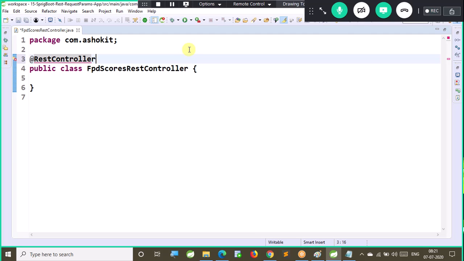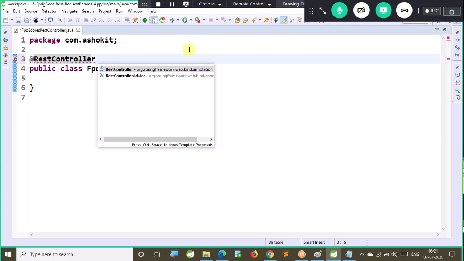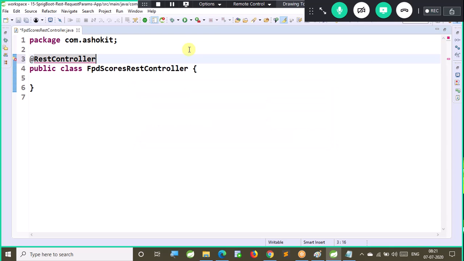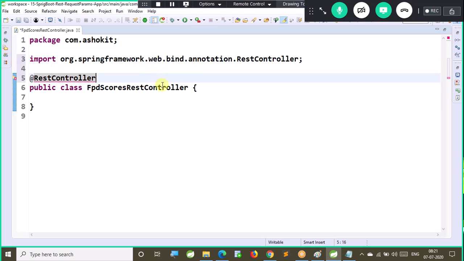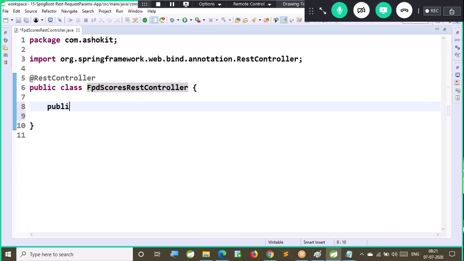It will be represented as a Spring Bean. I'm giving the @RestController annotation so that this class will become a distributed component. Let's write one method, public String.